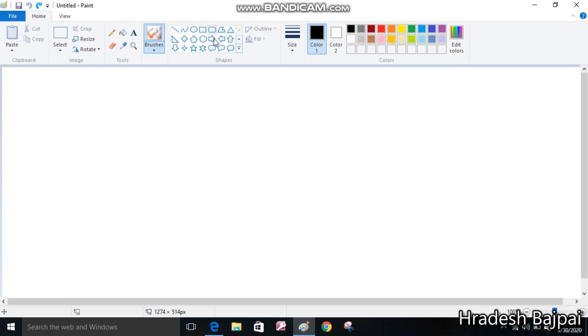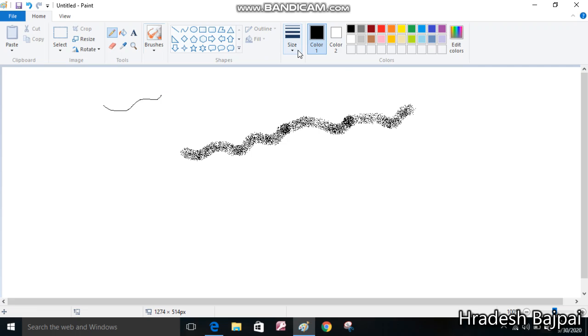And this box contains different types of shapes. As you all can see, square is there, oval is there, many shapes are there. And this is the size box, which is used for increasing and decreasing the size of your brush or pencil. Okay, if you will see, because I have chosen the spray brush, so the width of the spray brush is thicker now. And if I will use pencil, so I can choose this size. Okay, to make it light or darker, you can use this size option.